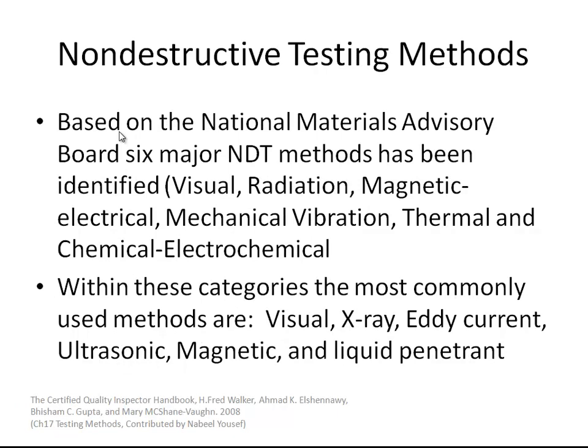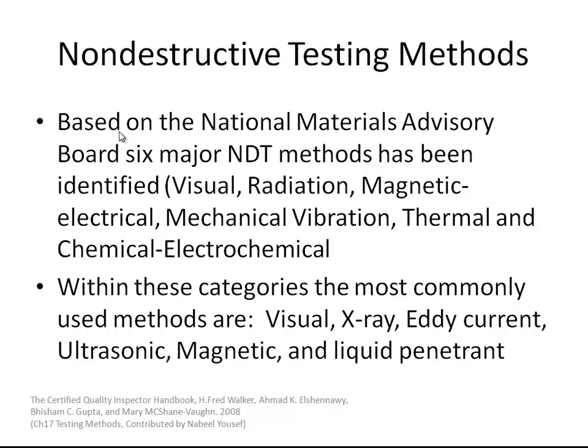For the non-destructive testing methods, based on the National Material Advisory Board, we have 6 major NDT methods that have been identified. Visual means, just looking with the eye on the item. Radiation, magnetic, electrical, mechanical vibration, thermal, and chemical,